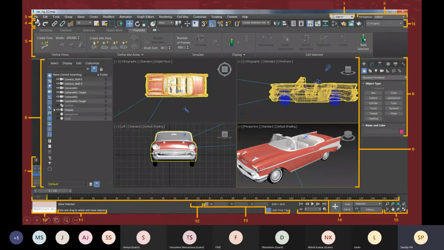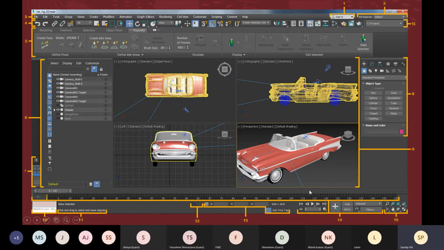And three is our menu bar, main menu bar. And 4 is our toolbar, main toolbar. All the tools are listed in this toolbar. And six is your scene explorer.